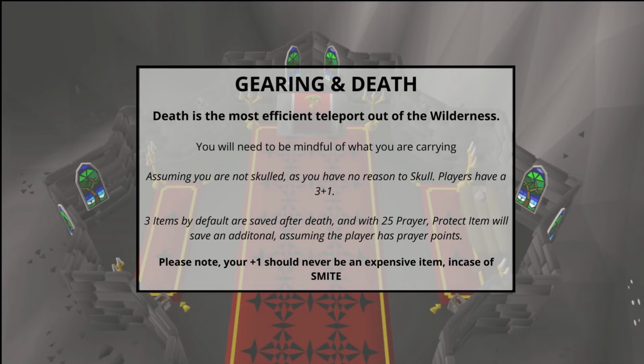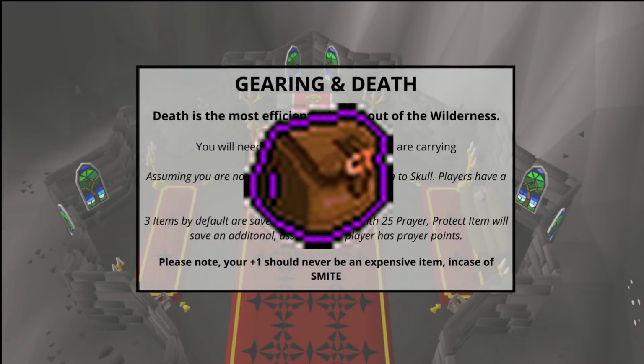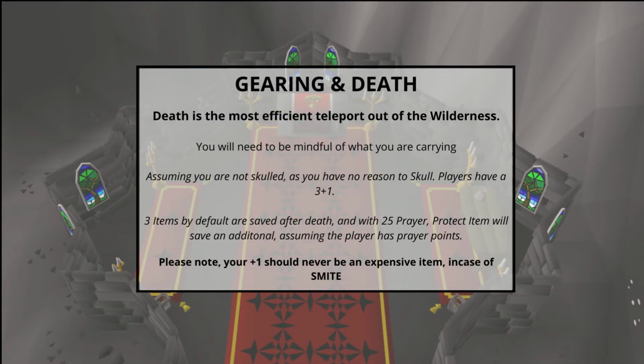Gearing and death. Since death is the most efficient way to teleport yourself out of the wilderness, you'll need to be mindful of what you are carrying. Assuming you do not skull, and you have no reason to skull, when you die you'll be holding 3 items, plus 1 additional item assuming you've completed level 25 prayer with the Protect Item prayer and you have prayer points remaining. It is important to remember that you could get smited, so don't carry anything very expensive as your 4th